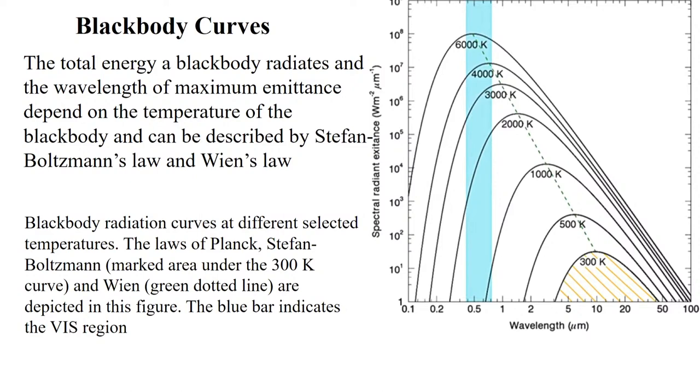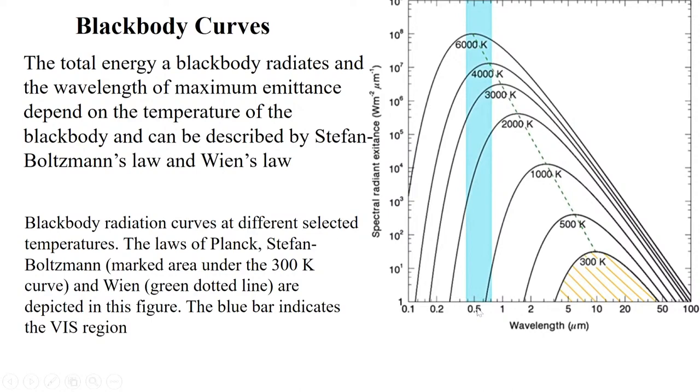Now when we are talking about the black body curve, the total energy a black body radiates and the wavelength of maximum emittance depend on the temperature of the black body and can be described by the Stefan-Boltzmann law and Wien's displacement law. Black body radiation curves at selected temperatures. The laws of Planck, Stefan-Boltzmann and Wien are depicted in the figure. The blue bar indicates the visible region, because this is representing 0.4 micrometer to 0.7 micrometer,